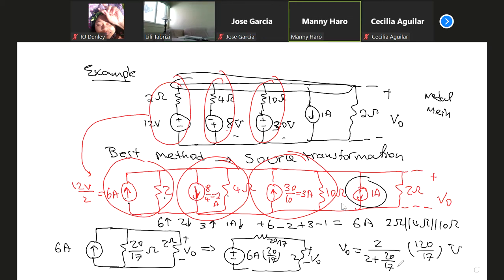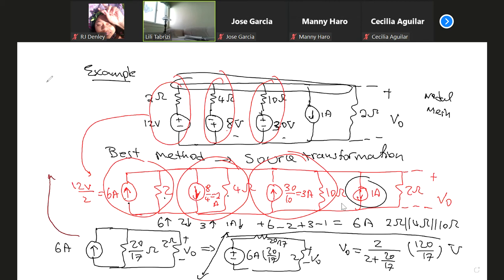Professor? Yeah. Before the source transformation, can you use current division where the resistors are in parallel? Yeah, you can do that too. So for example, this is one method I wanted to show you. Once I reduce to this format, you have 2 simple options. You can either use this one, or as you said, I can use current division. Let me use a different color, let's say brown color. I can also use current division law. Find this current,